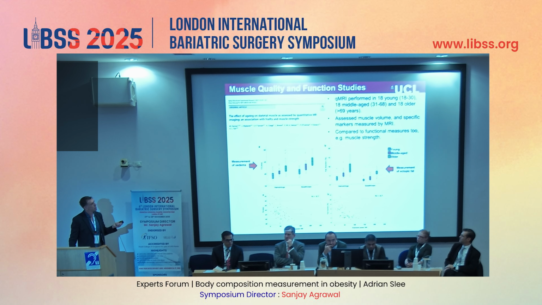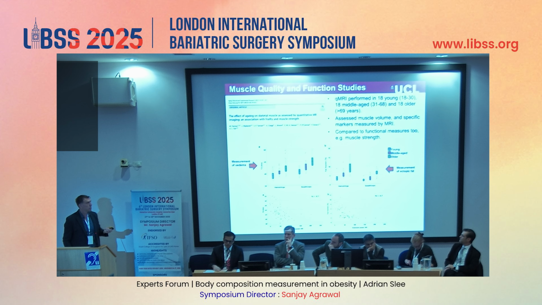So the idea is, for example, you could use MRI and compare estimation of muscle quality and physical function. And this is the measurement of edema, this is the measurement of fat fraction within muscle, and just look at the differences with different age ranges, and it strongly correlates. This is knee extension power. And other studies have shown the same,